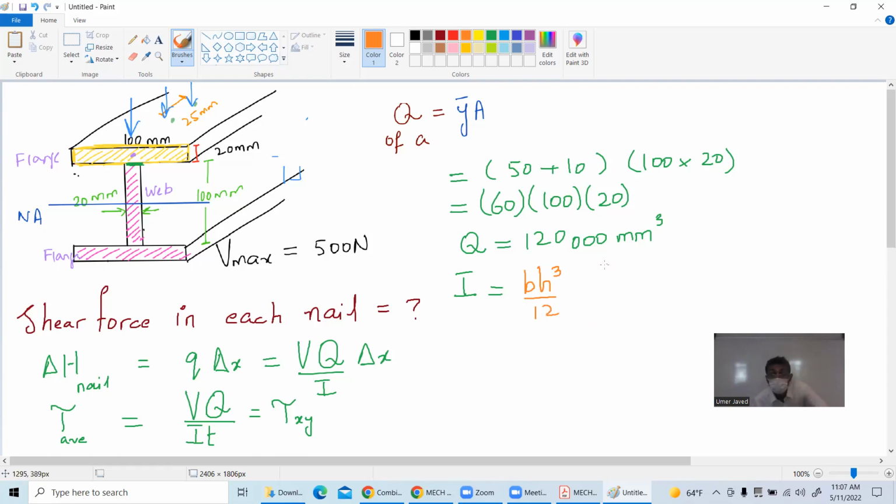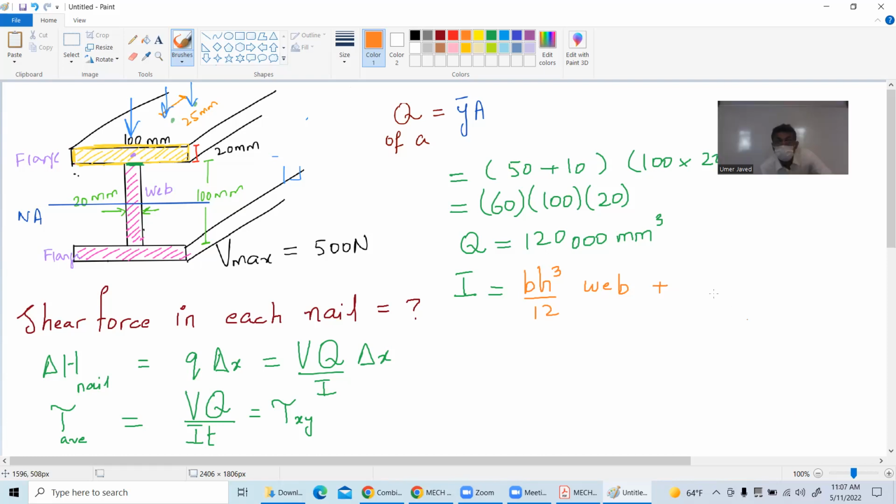Okay, for the web, plus for the flange. How many flanges do I have? Two. So I have 2 flanges. Instead of doing it like this, let me do it directly. It will be 1 over 12 into 20, correct? How many students are agreeing right now? Multiply by h, 100 power 3, plus 1 over 12 multiply by,